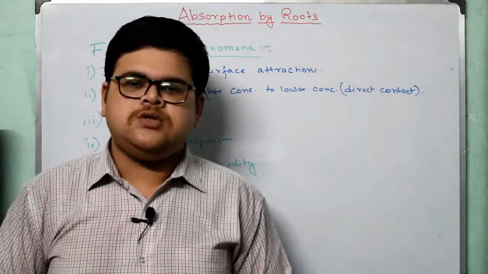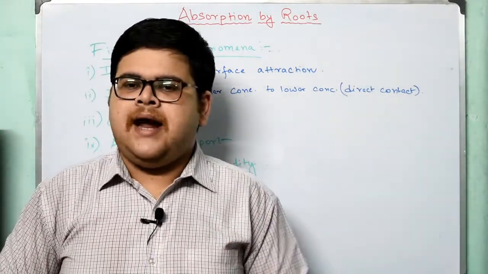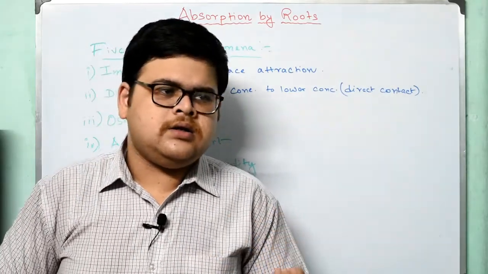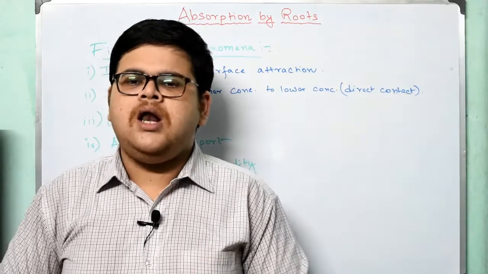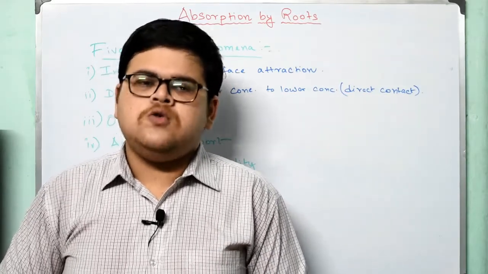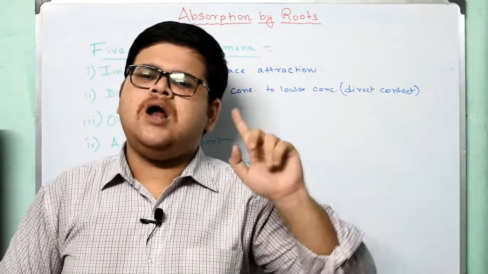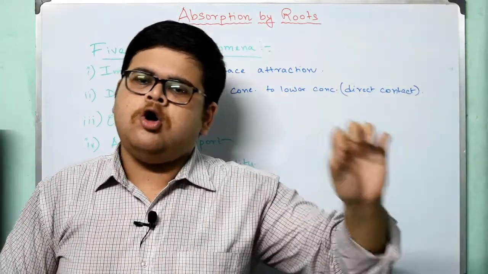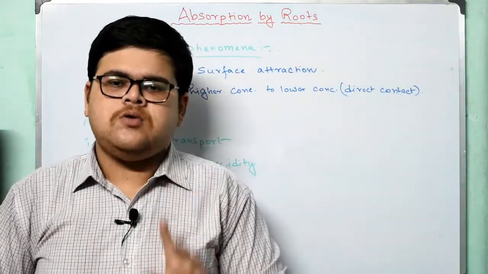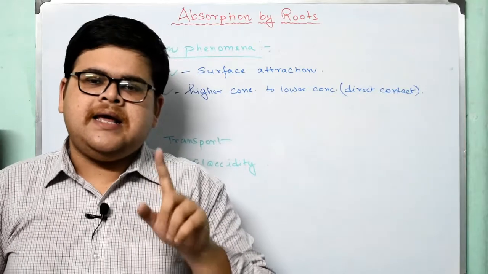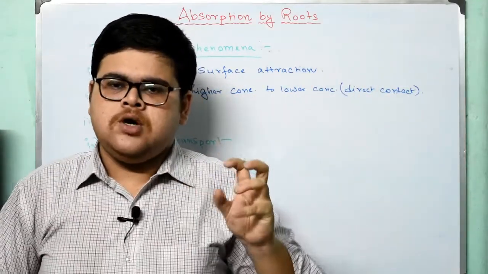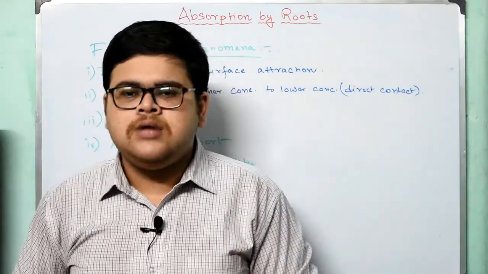Another example of diffusion would be very clear to you all. You all have used agarbattis, or what we call in Bengali dhoop. We all have used that. So what happens? In any one corner of the room or of the house, if we light up one of the agarbattis, that particular smell spreads in all parts of the house or the room. Now how does that happen?